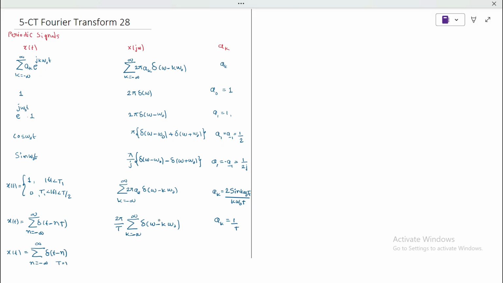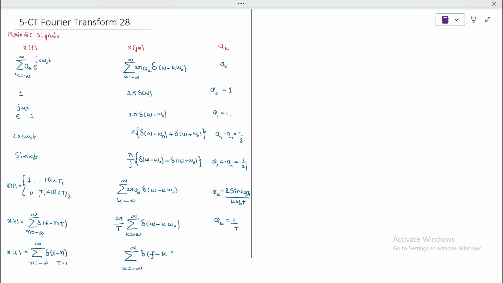So here capital T equal to 1. Here I would like to write the Fourier transform in the linear frequency for the case. In linear frequency there is no 2 pi and T equal to 1. So directly here writing: sigma k equal to minus infinity to infinity, delta f minus k